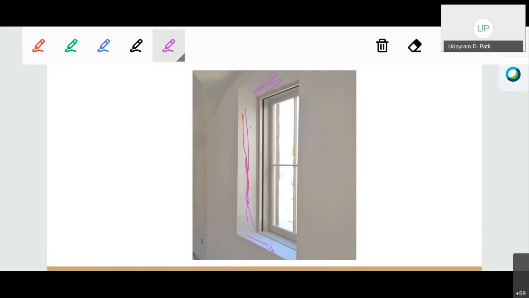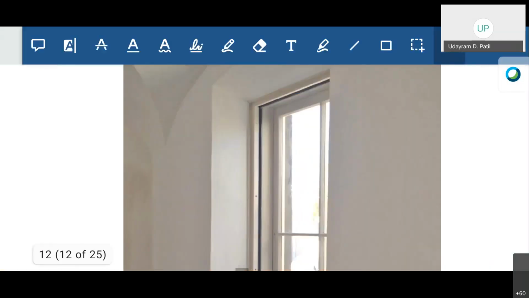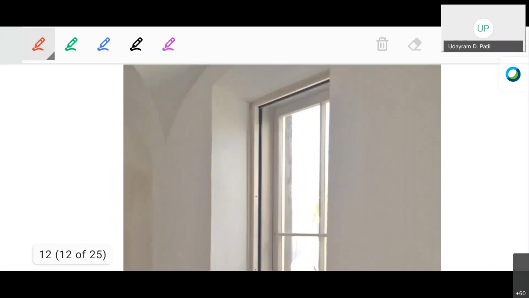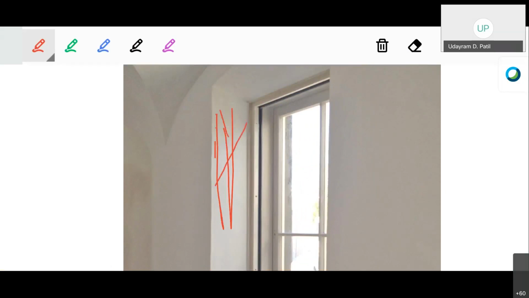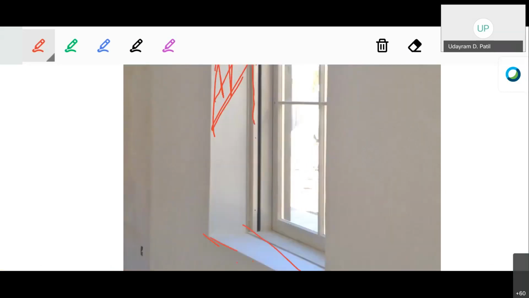Okay, so as we are deducting from both phases the quantity of the internal plastering as well as external plastering, then we have to consider the plastering work or quantity of plastering for this particular area. Okay, these soffits, these jambs, or the sill, here also you have to provide plastering. Therefore we have to consider this particular area as an addition in case of the quantity of the brickwork.